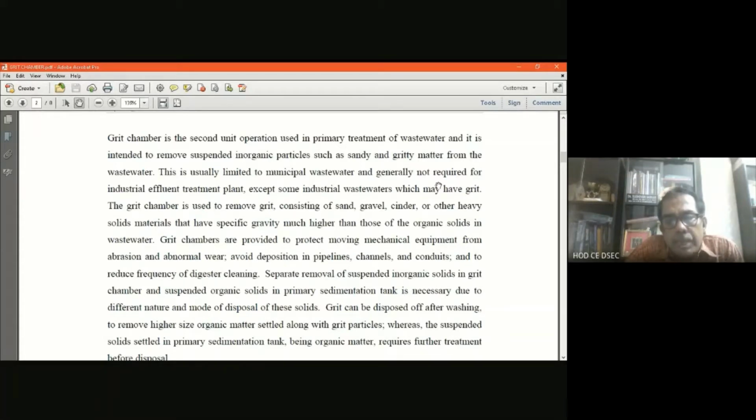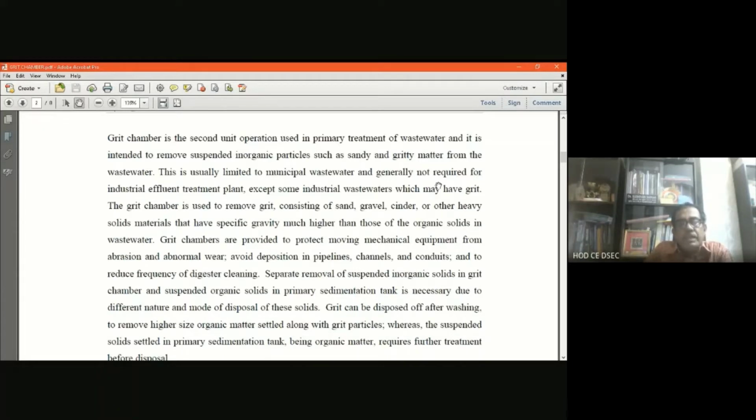Now, in continuing that preliminary treatment of the wastewater treatment, the next treatment after the screening process is the grit chamber. What is the function of the grit chamber in the wastewater treatment process? The removal of inorganic materials like grit particles, sand, stone chips, grit materials like this. The inorganic, heavy particles settle in the grit chamber, and that is the basic purpose of removal of those particles, so that they cannot interfere with the operational system and cause malfunctioning in the other units.